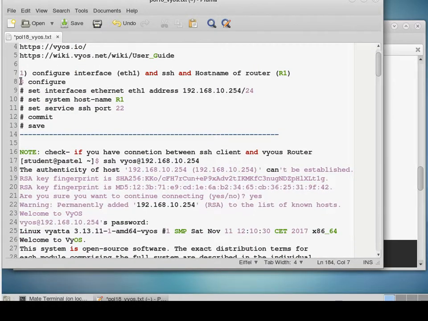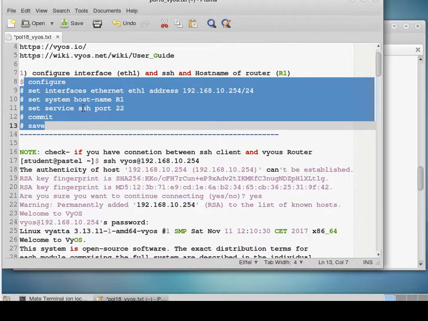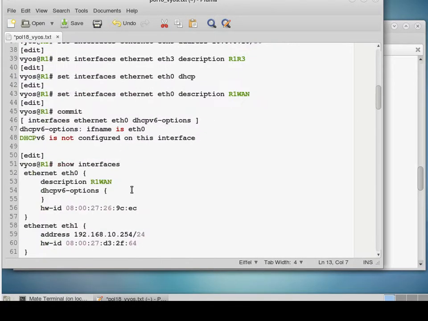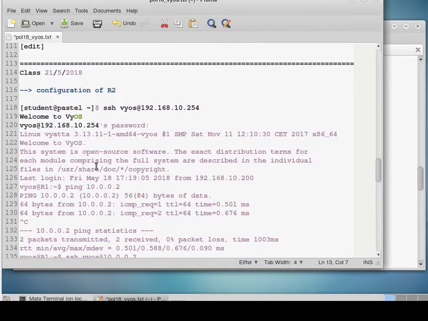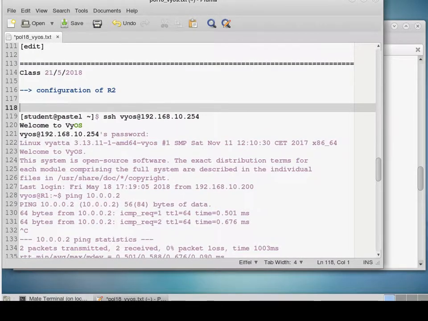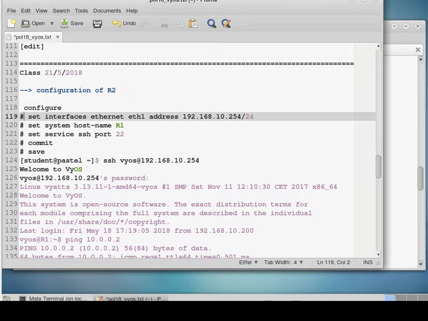This is what we've done. So in this case, it will be R0 and the IP address 10.0.0.230,